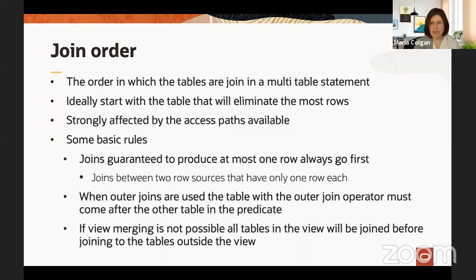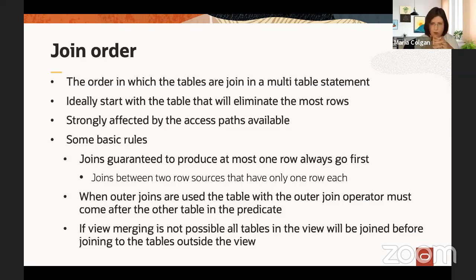The way I write my queries also can influence the join order. So if I use outer joins, then I'm forcing Oracle to access the tables in a certain join order. With an outer join, I need to use the table with the outer join operation second, after the other table. Why? Because not only do I need to do the join and return the results of the join where there is a match,